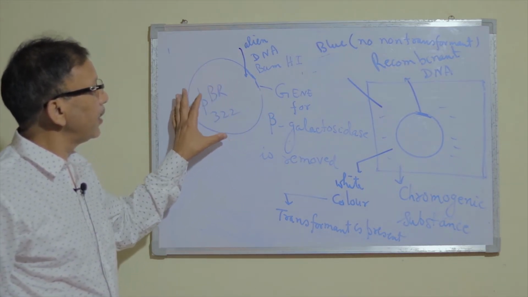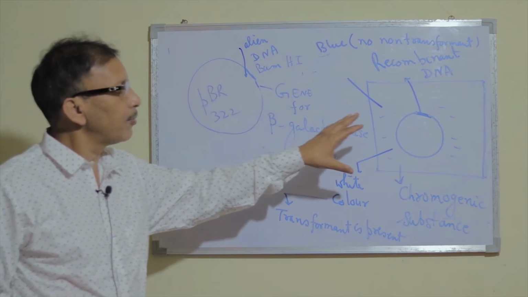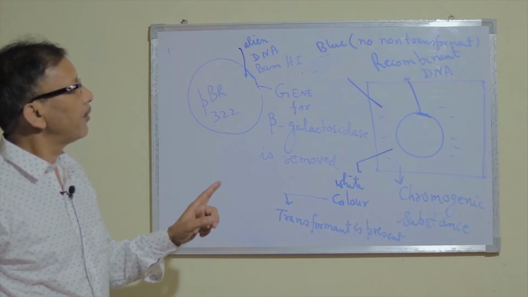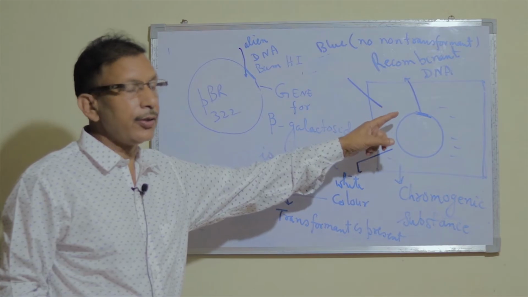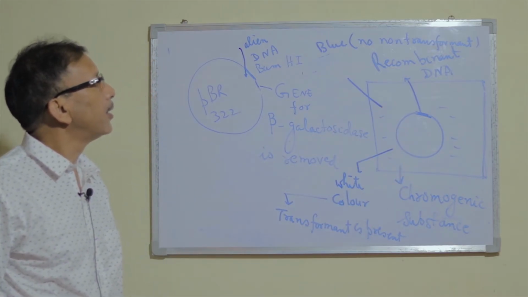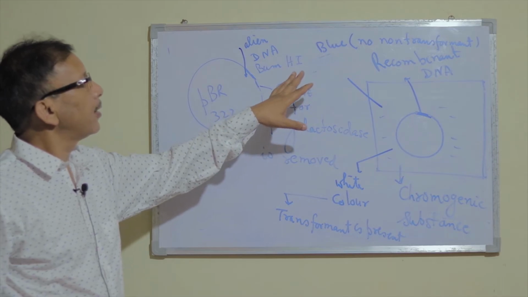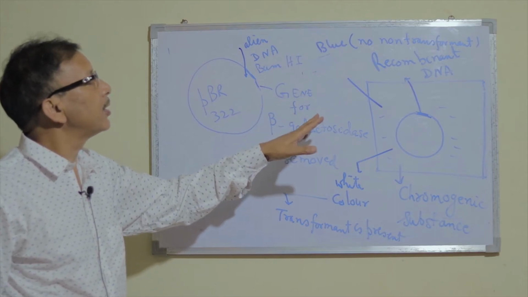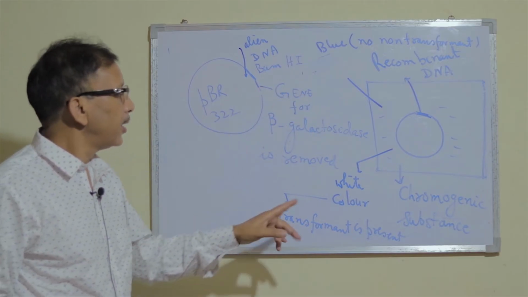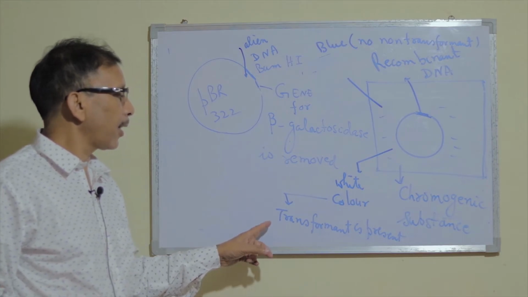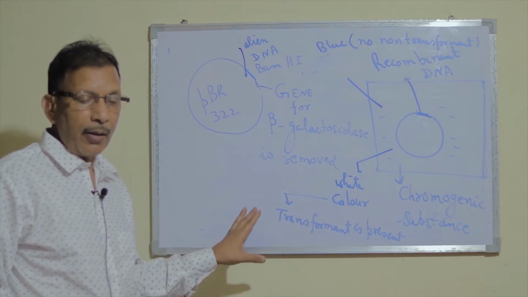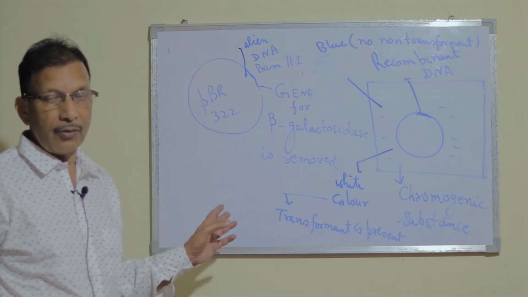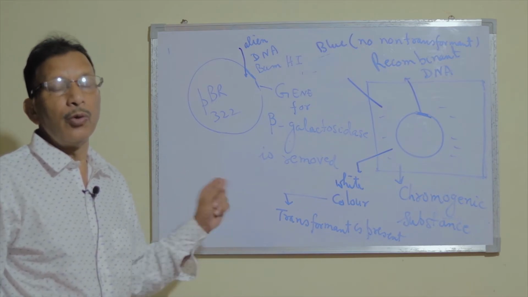So now this whole thing will be incorporated inside a chromogenic substance, or colored substance. So here if the color changes into blue after incorporating our vector along with the ligated DNA, then this will show the presence of no insert. So no insert is there, there is no transformant. If the color changes into white, then there will be the presence of the transformant. So by this method we know whether a transformant is there or not in our desired DNA which we have cloned.